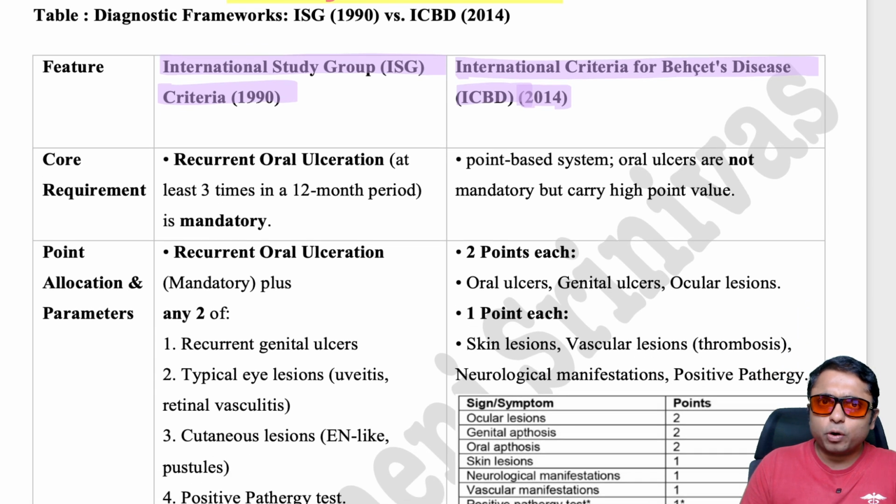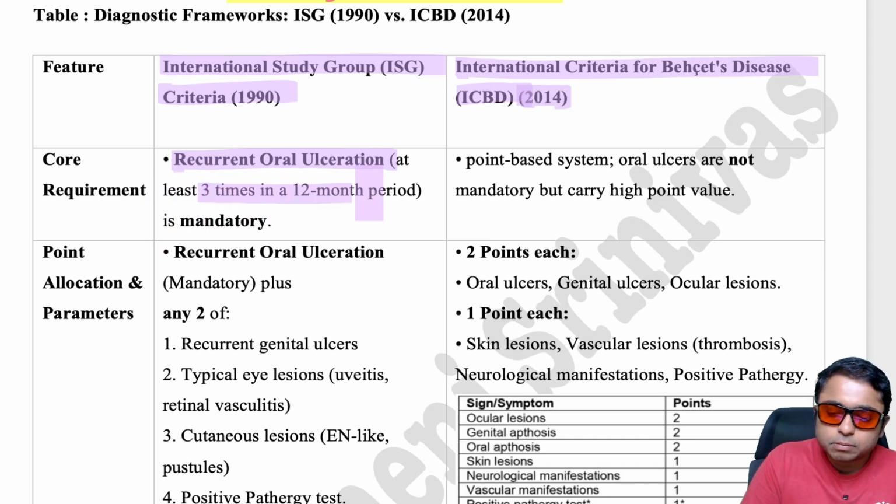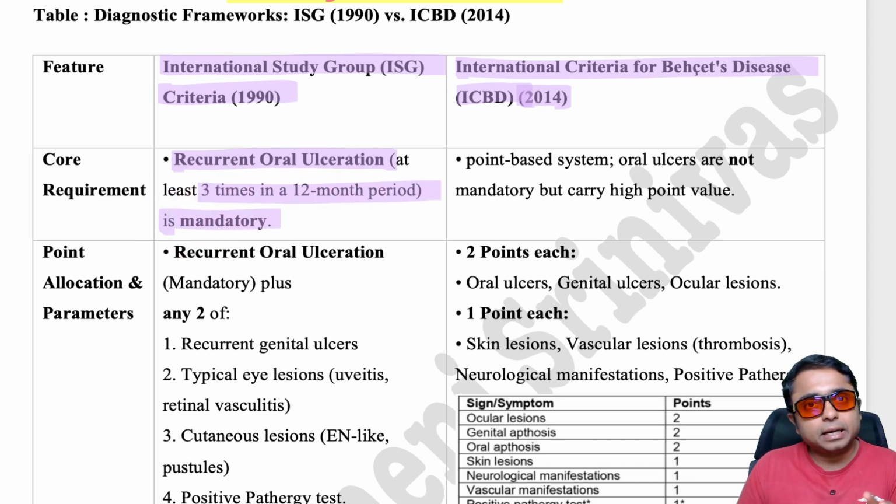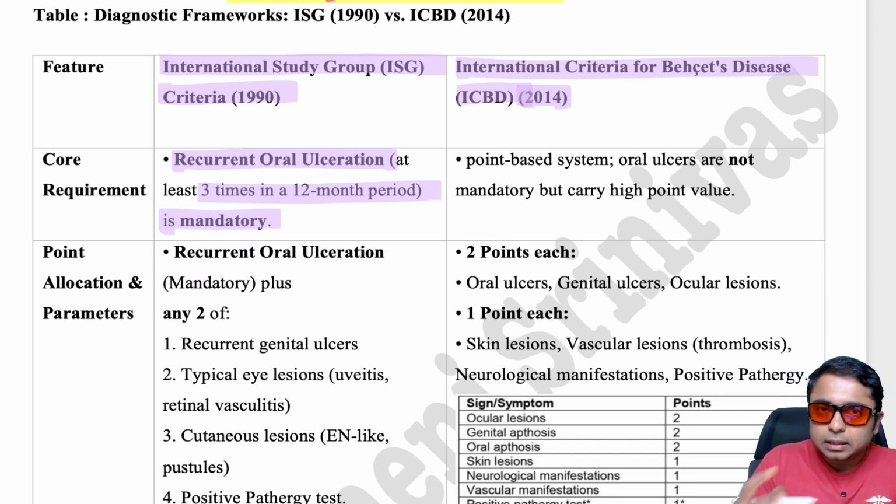So, there are very important differences which actually happened in these two. In 1990 it was thought that recurrent oral ulcerations at least 3 times in a 1 year span is going to be the mandatory criteria to diagnose Behçet disease. This was mandatory criteria, and other than that, any of these two, that is recurrent genital ulcers, typical eye involvement,